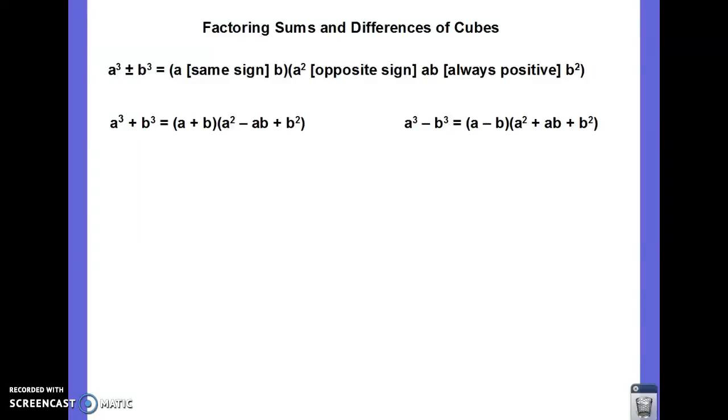Factoring sums and differences of cubes. When I say cubes, I mean the terms are to the power of 3. They're cubed. Okay? So this is the general rule, but I ended up breaking it down in case this was a little bit confusing. So if you have a cubed plus b cubed, it is simply the sum of the bases